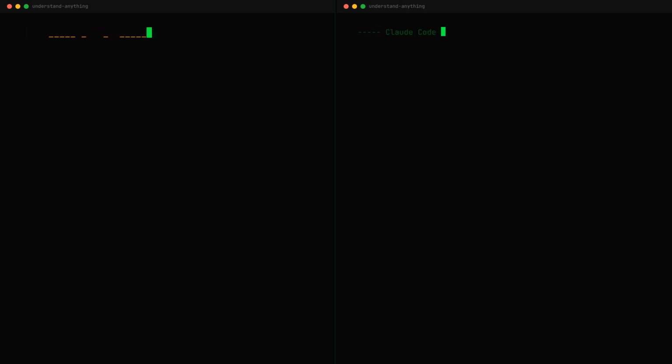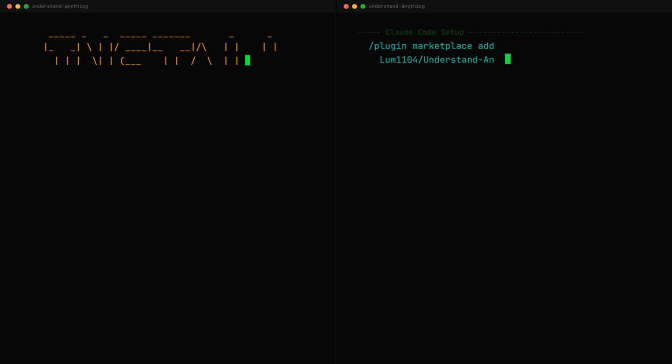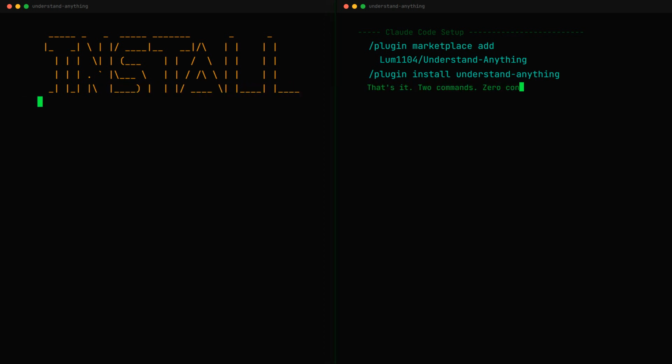Installing is incredibly simple and takes only seconds. For Claude Code, you just need to run 2 short commands: plugin marketplace add, followed by plugin install. That is literally it. The plugin is published on the official Claude Code marketplace and requires 0 configuration to get